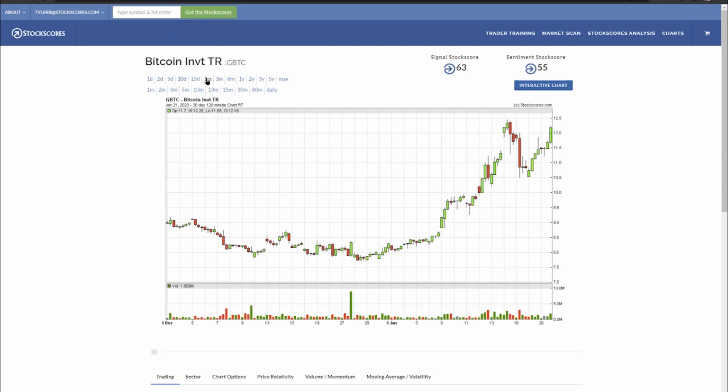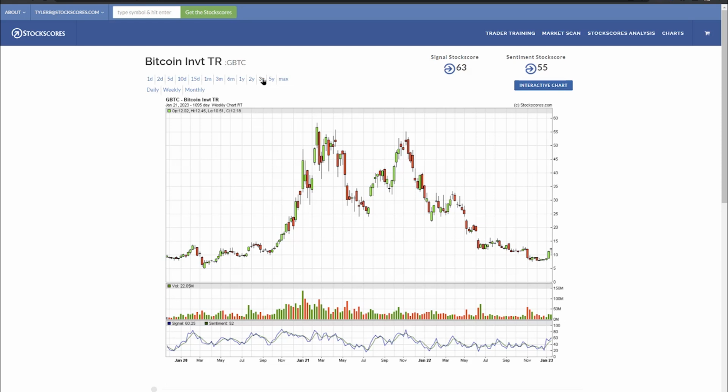If we look at the 1-month chart, you can see pretty good strength in Bitcoin, and so that benefits not only the cryptocurrencies, but also the miners. So Riot, Hut, Hive, Mara, these are all companies that have done very well because of the resurgence in Bitcoin. But when we look at the long-term chart, you still see that it's got an uphill battle that it's